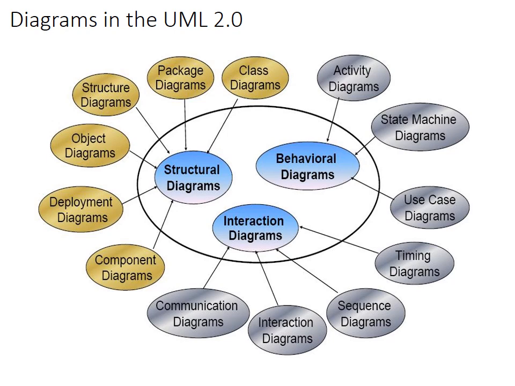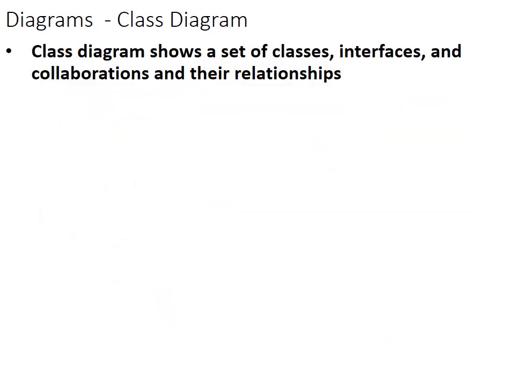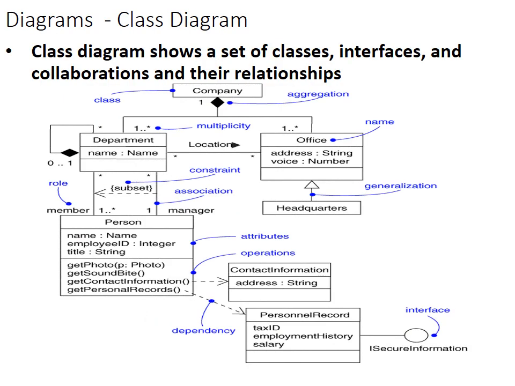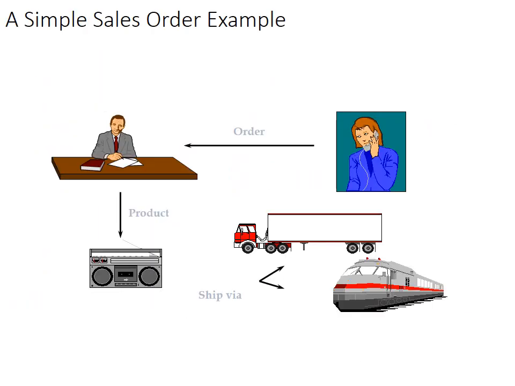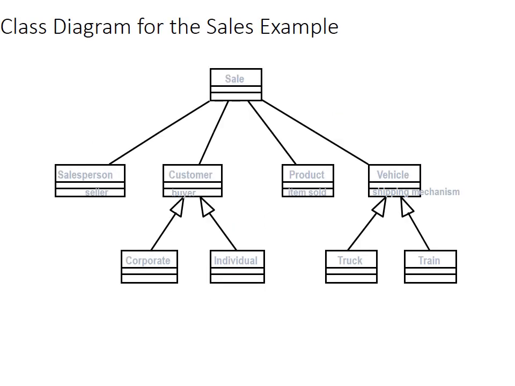So I have actually selected structural diagram: class. Behavioral diagram, I selected use case. Interaction, I selected sequence. So actually we have touched three categories of UML 2.0 diagrams in this. So a class diagram shows classes and how they relate. A simple sales order example: customer gives order, client takes the order, records all of those things. This is a class diagram of your sales example. In your assignment there's also a class diagram which you need to draw. Something like this, maybe different, but the logic is the same.